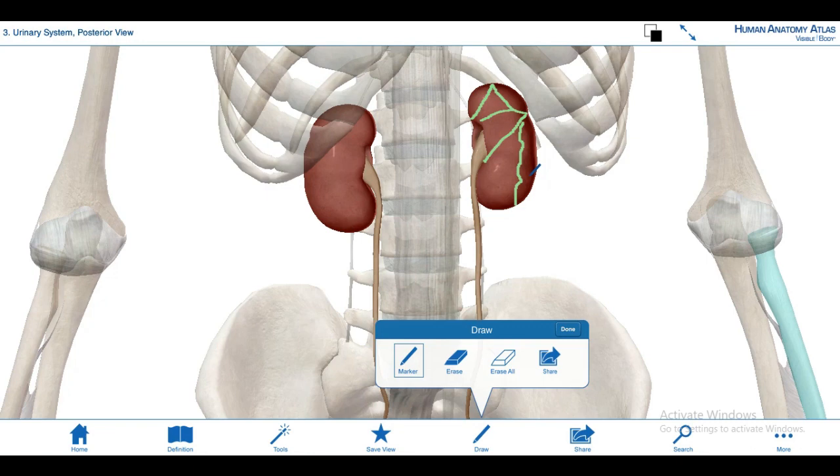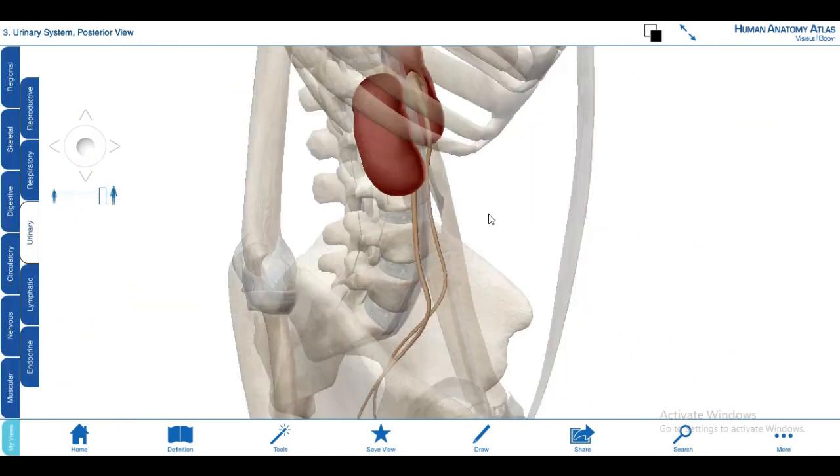So again I am telling, here this area is for the left-sided suprarenal gland, this area is for the spleen, here is the area for the stomach, this is for the pancreas, and the jejunum is situated in front of this portion, and this area is for the colon, that is the descending colon. So we have learned about the relationship of the anterior surface of both kidneys.